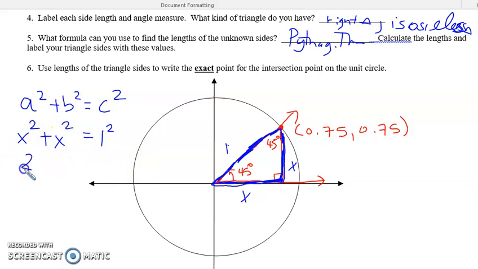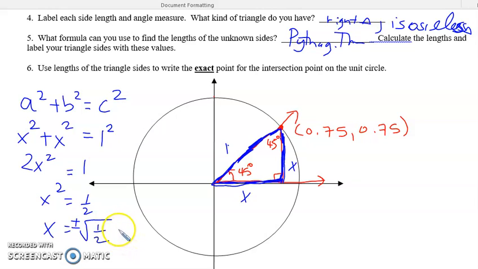x squared plus x squared is 2x squared equal to 1. We'll divide both sides by 2, so x squared equals 1/2. We'll take the square root of both sides. Don't forget to include your plus or minus. So we have that x is equal to the positive version and the negative version of the square root of